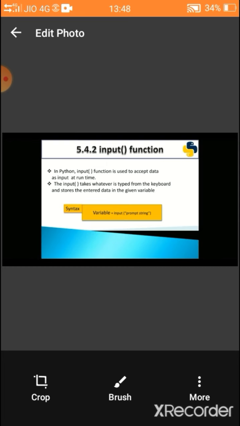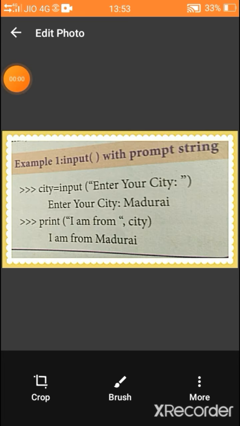Let's see an example, it will be clear. Look at the example for the input function. Can you say which mode we used to write this program? A prompt is used here. That is the three greater-than symbol we use for interactive mode, so this program is written in interactive mode. Remember the syntax for the input function. First we specify the name of the variable and then write the keyword input. Within the brackets we give a string.